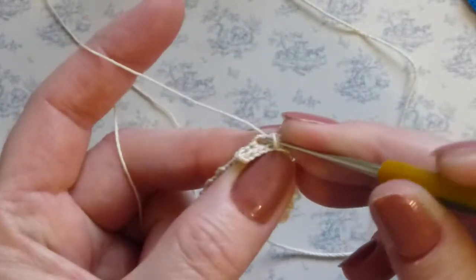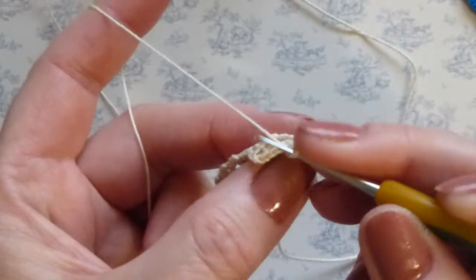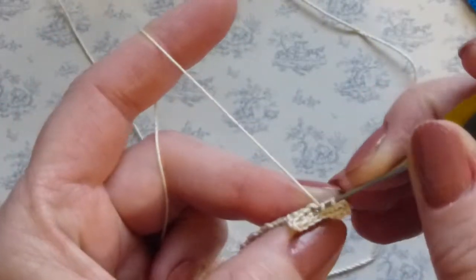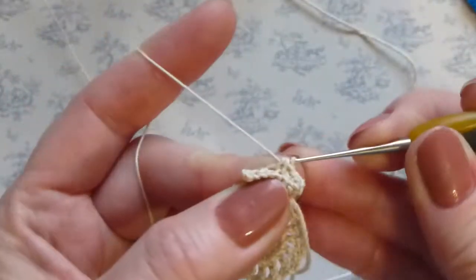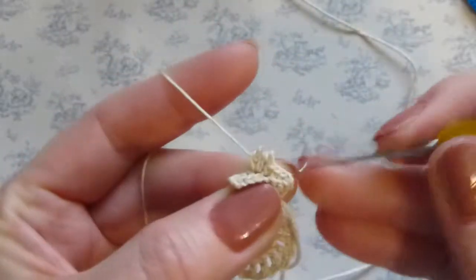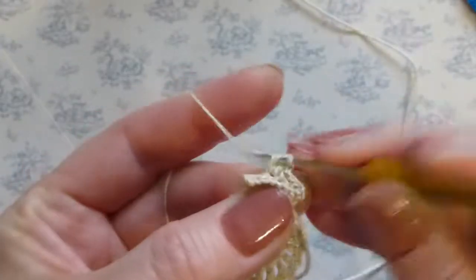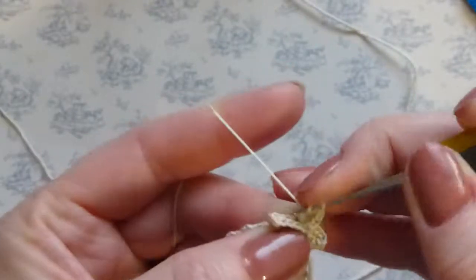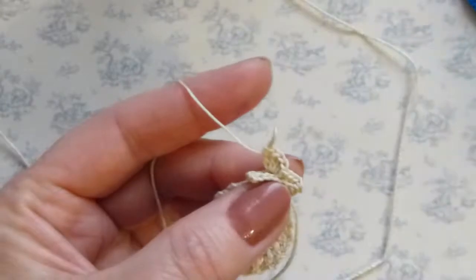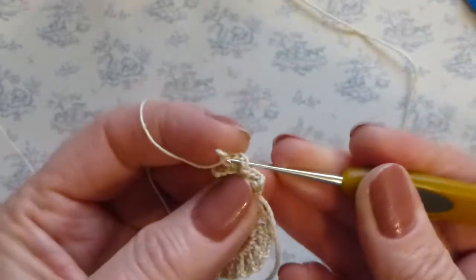I will stretch it just a little with my hook so that I could see it in front of me. So into that stitch 2 rows below we make double crochet stitches, 4 of them. 1, 2, 3, and 4. And since it is popcorn stitch, in the book it says to close it together, we will, you